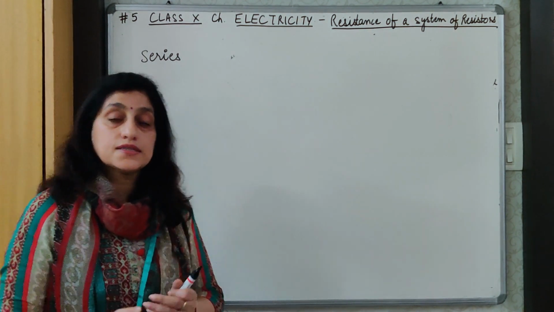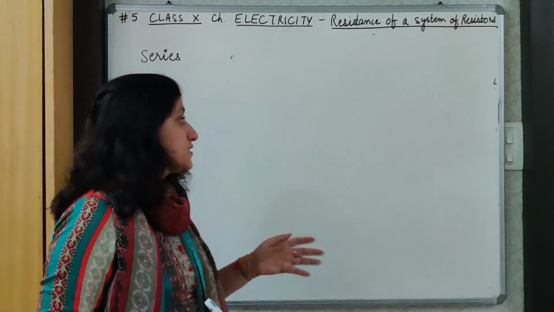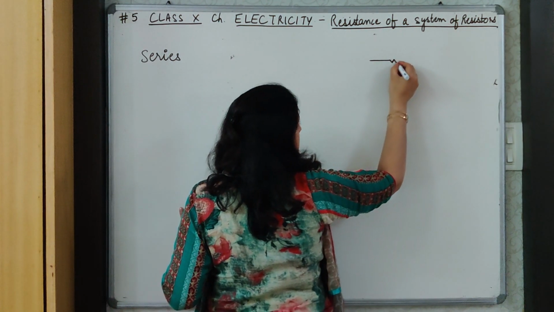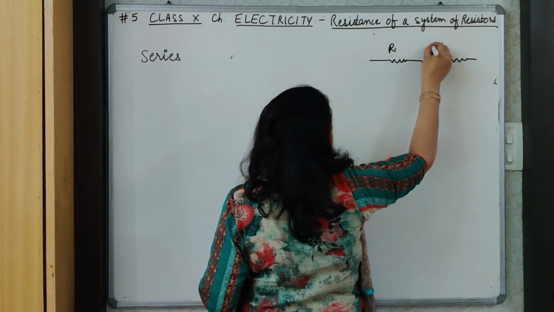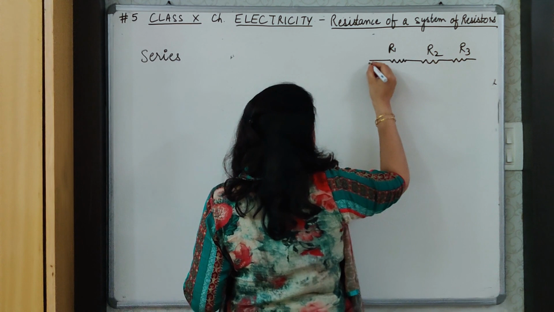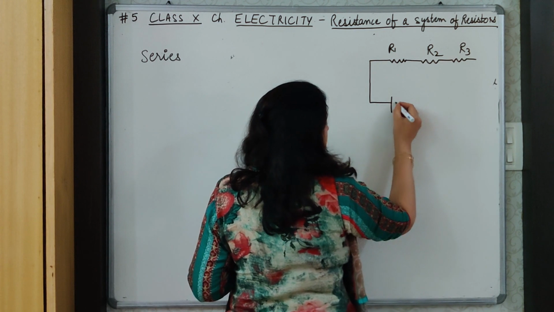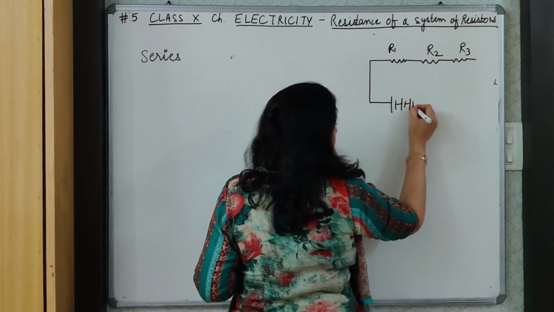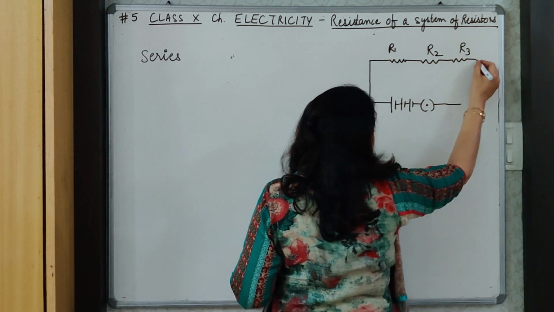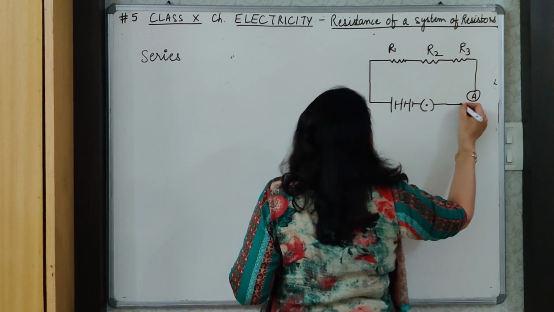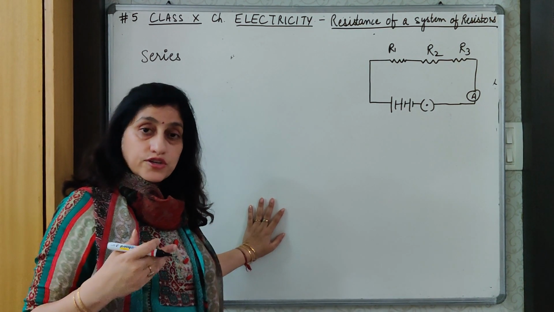Now we are trying to make a setup, and whatever I am explaining over here will be a part of the theory which you write. So we say, let there be 3 resistors, and let us name them R1, R2 and R3, connected in series and connected across a battery. We have a key, and we have an ammeter connected in the circuit to measure the current, and we will also connect the voltmeter one by one. That I'll let you know as we proceed.